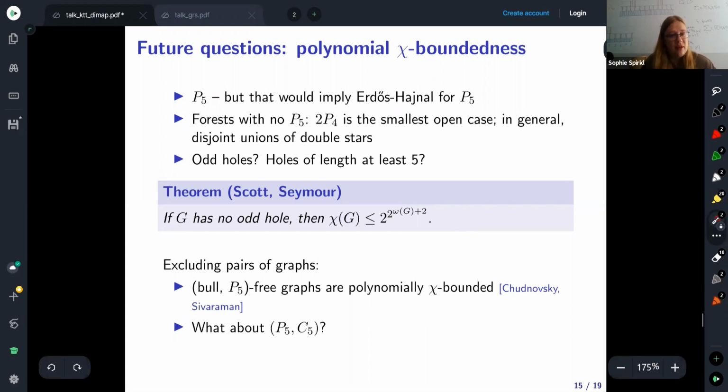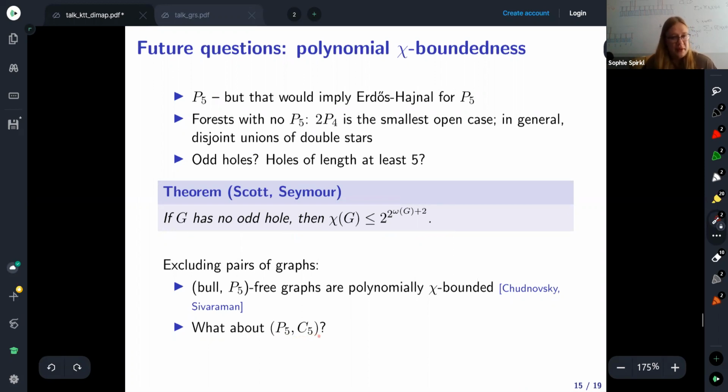And odd just means odd length. And so Scott and Seymour proved that odd-hole free graphs are chi-bounded by a doubly exponential function. And according to Esperet's conjecture, it should be polynomial. So it would be exciting to even get this to be singly exponential. And, since we can't do P5 and we know Esperet's conjecture when excluding C5, it would be natural to get polynomial chi-boundedness for